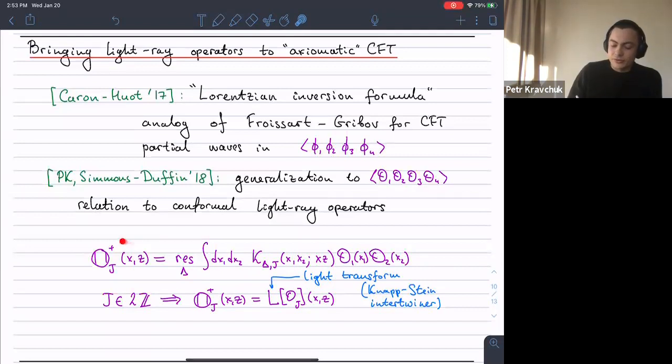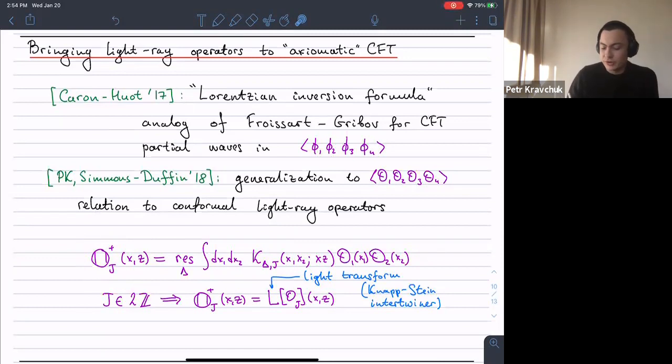And these singularities will define for you the light-ray operators. And you can go, for example, to these perturbative examples and apply this formula, and you reconstruct the same formulas as I showed before. But now the statement is that you can interpret this non-perturbatively in general CFTs. In particular, you can compute the matrix elements of these operators between states created by primary operators and have non-perturbative formulas for them. And also, this gives sort of a conformally invariant generalization of these light-ray operators which